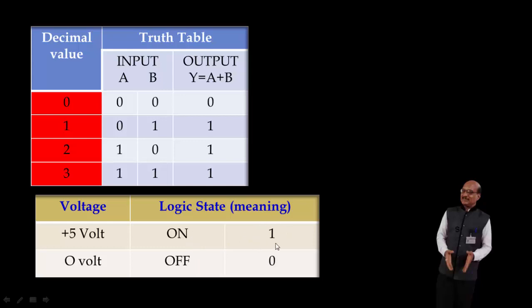So when the logic state is 1, one can call it as the state is on state. If we get the output as 0, then we say that the output is in off state. In terms of voltage, when we say the logic state is 1, means it is a on state, and the voltage at that point is plus 5 volt. When we say that the logic state is 0, means the state is in off state and the corresponding voltage is 0 volts.